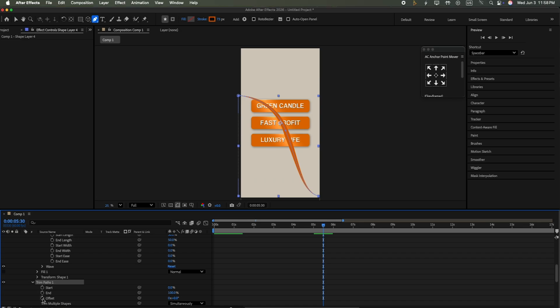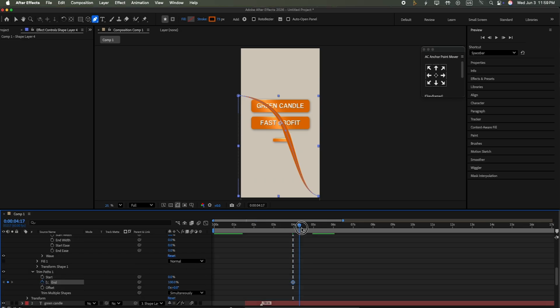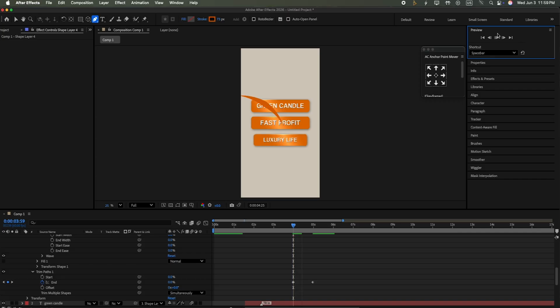Now go to the trim path and set the first keyframe of end at 0% and the second keyframe at 100%. So the end goes from 0 to 100%. Okay, the trim path animation is complete, but it's